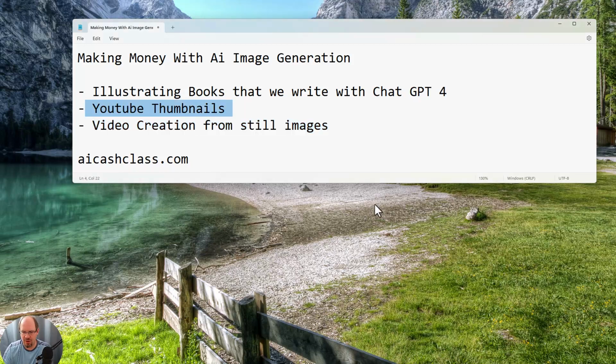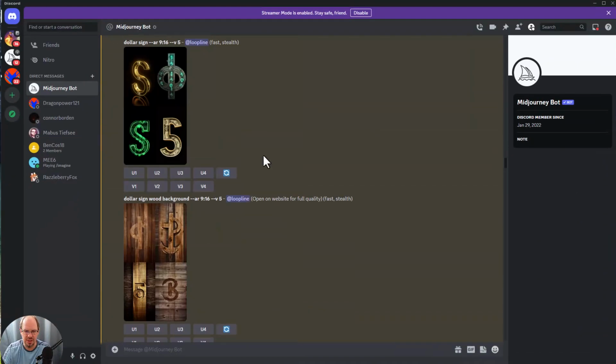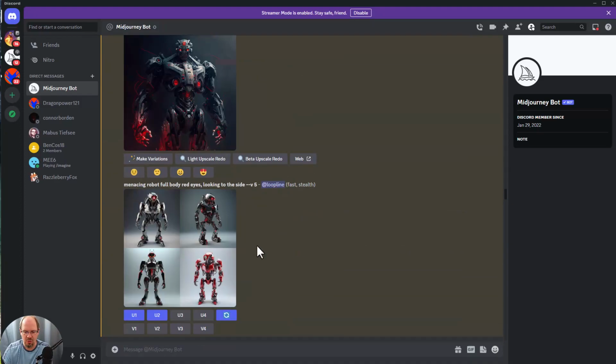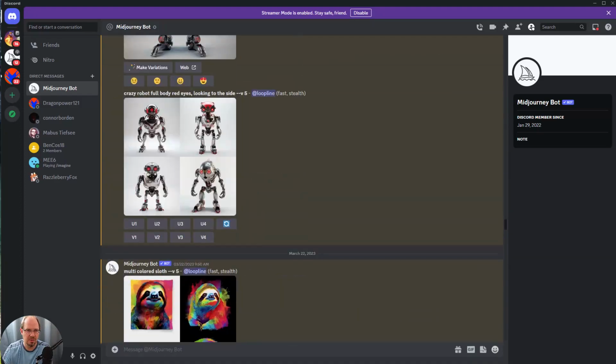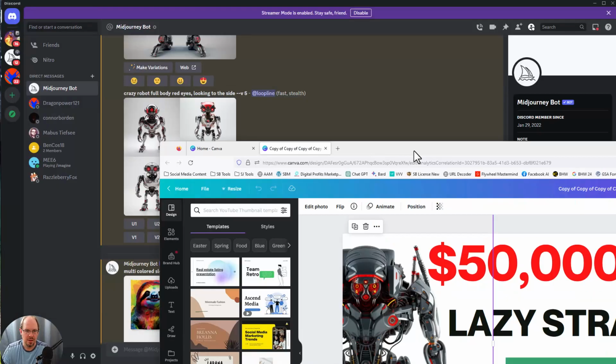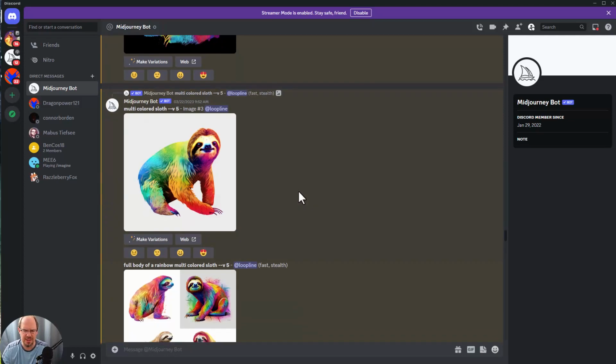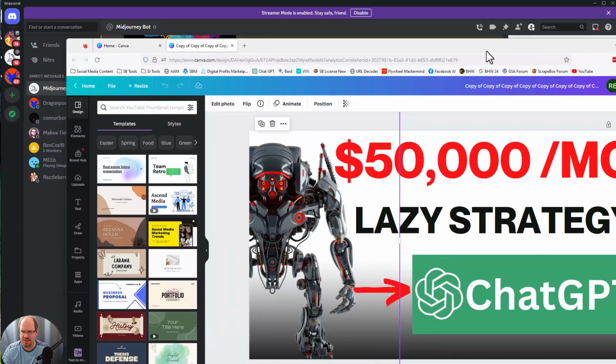I use AI for all of my thumbnails. Now, thumbnails are real specific when you get to Google or YouTube images. So I want something real particular here. And I just pulled up one. This is in Canva. What I do is, you'll see the robot. It's an individual element. I actually found it difficult to get something that I would consider a high converting thumbnail from Midjourney at the moment. It struggles with text, so there's that. And obviously a lot of a thumbnail is text. Plus I wanted some specific components in there.